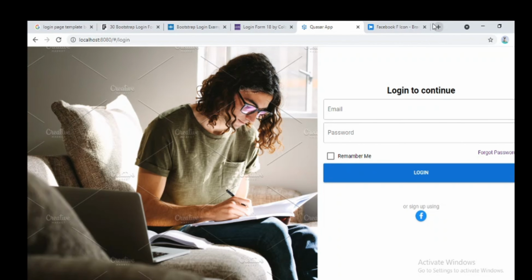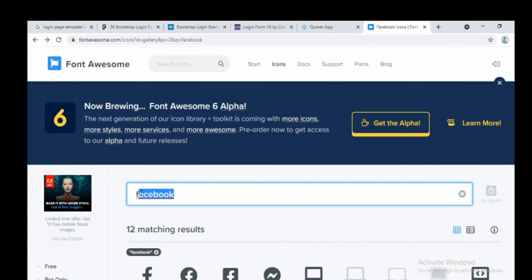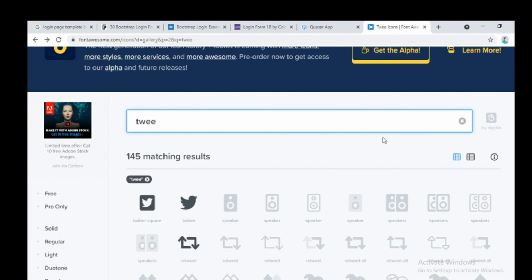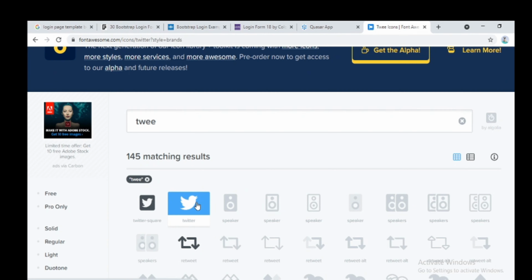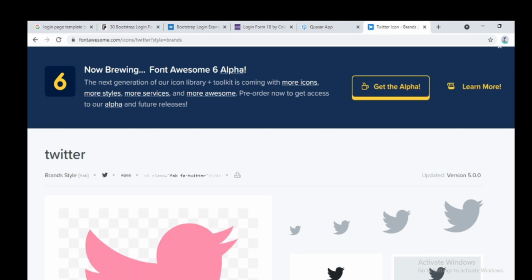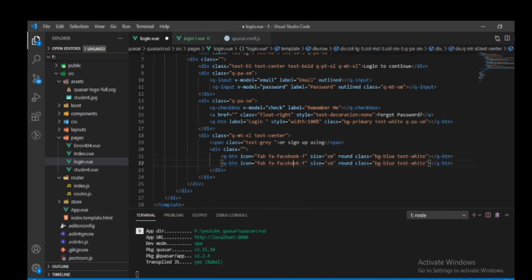Now we will search for Twitter. For Twitter we are going to use this. Copy this, Control C, Control V, and then Twitter. We'll see.